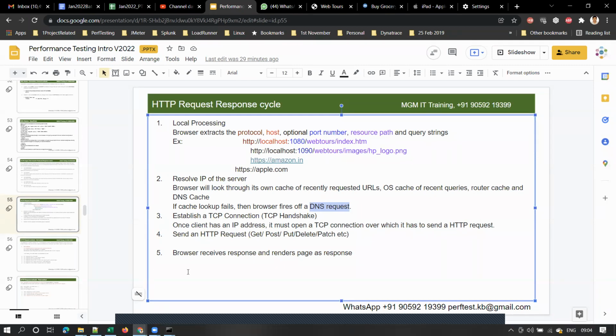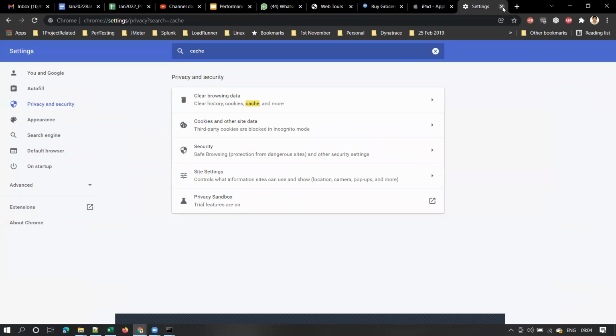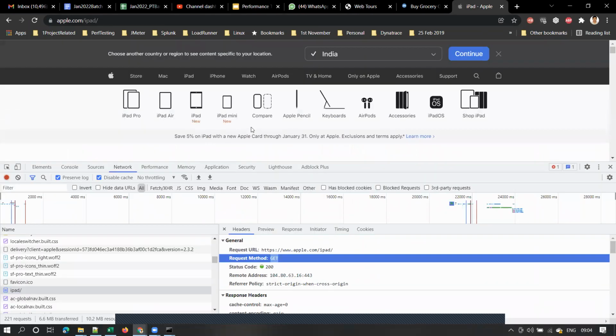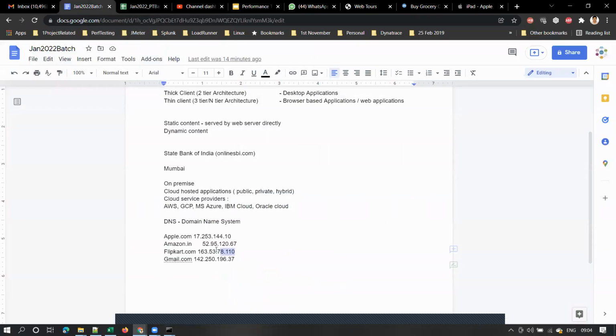So basically, this Domain Name System, this DNS server, contains information like this. It will contain the IP address and the domain name. I think I typed it in your notes, so your DNS server entries look like this. Clear, guys? When you type the domain, the server name, the browser will try to get the IP address of that machine.